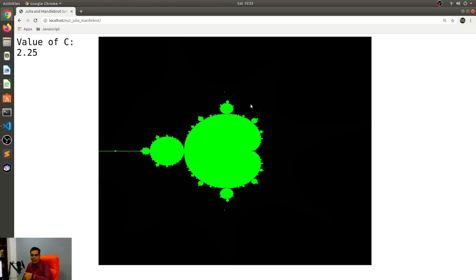I mean, if you want, you can plug in z cubed plus c into your function implementation and see what patterns come out of it. I think we have seen both the Julia set and the Mandelbrot set. Very nice.